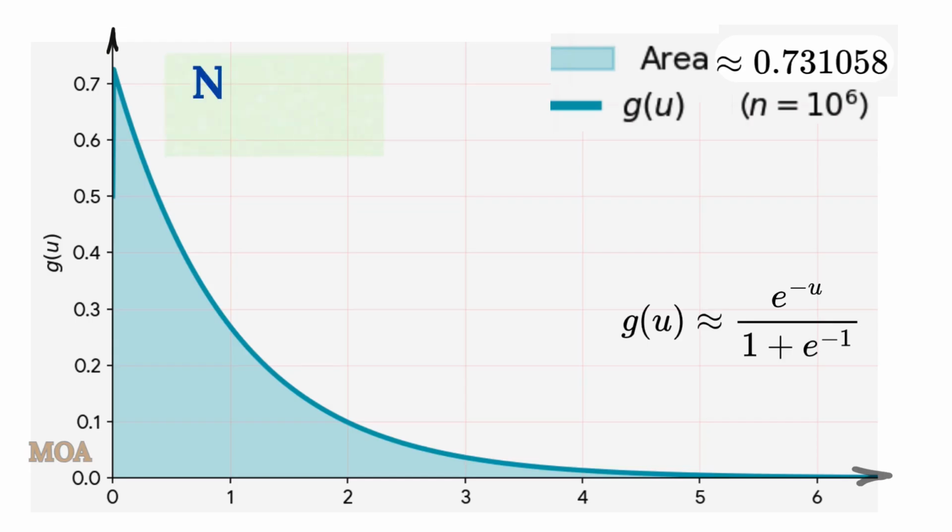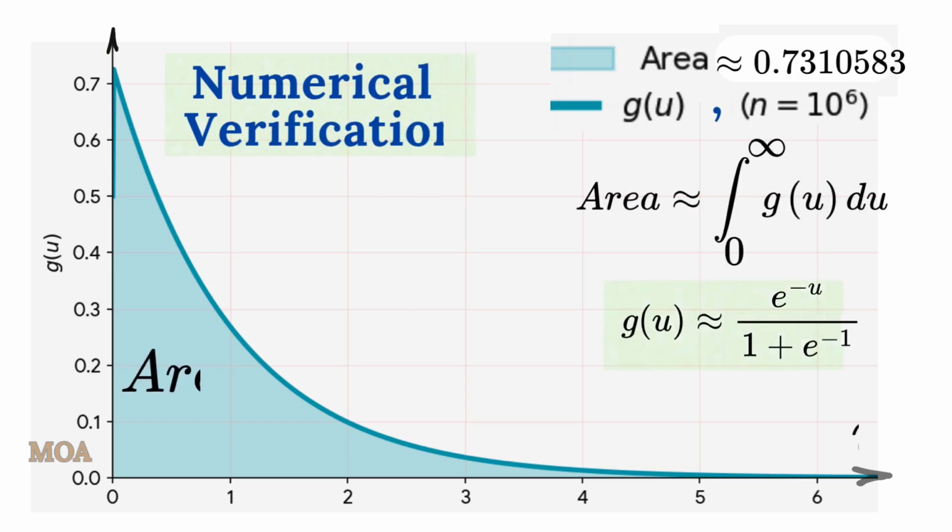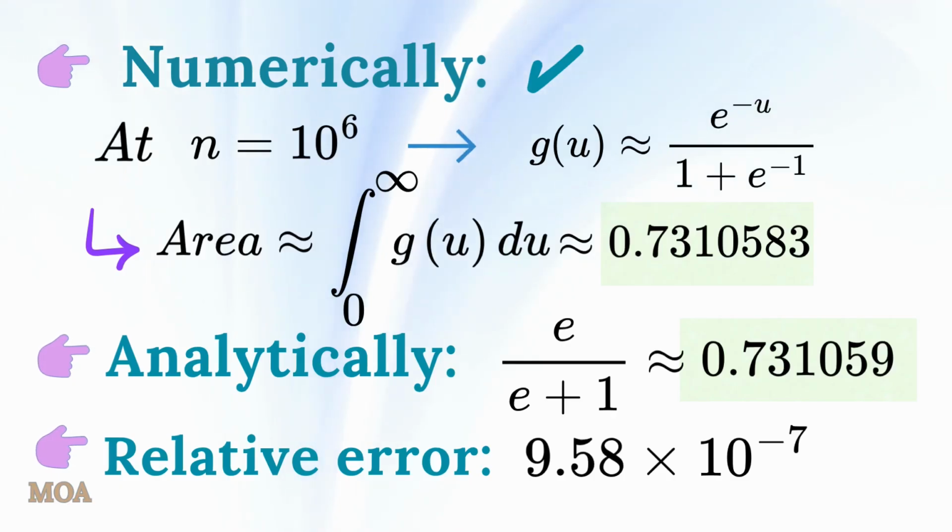Next, we move to the numerical verification stage. To do this, let us take n equals 10 to the power of 6. The integrand g of u becomes approximately e to the negative u over 1 plus e to the negative 1. Using numerical software, we plot the curve of g of u with respect to u. The shaded region in the figure represents the area under this curve. Numerically, the area bounded by the u-axis, the vertical line u equals 0, and the curve g of u is found to be approximately